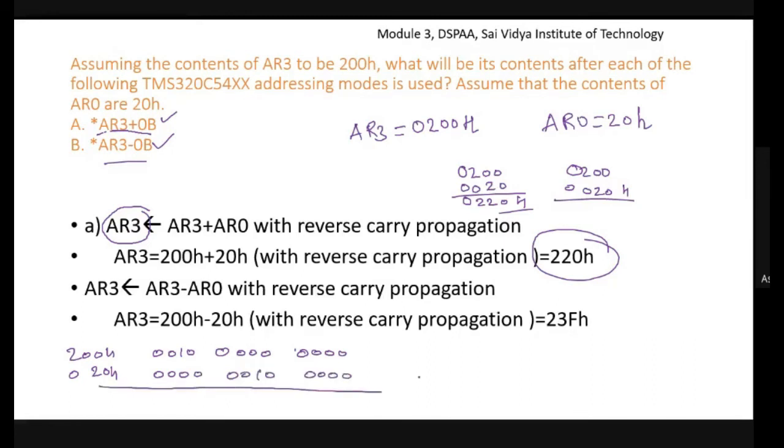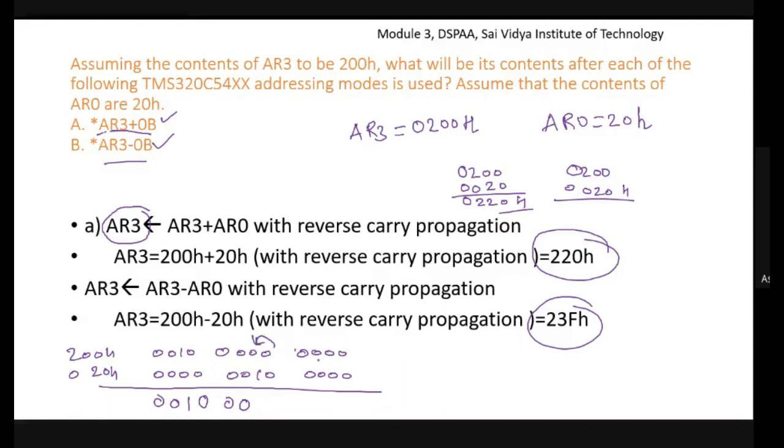This is reverse carry subtraction, so the normal subtraction answer does not come. 0 minus 0, 0 minus 0, 0 minus 0, and so on. Then to perform the subtraction here, 0 minus 1 is not possible.